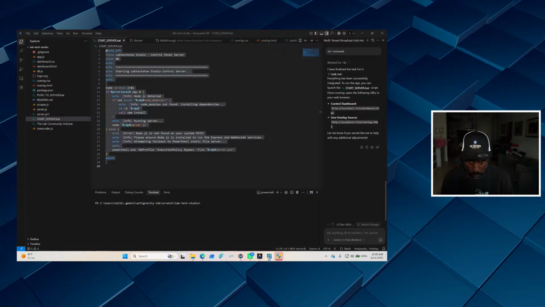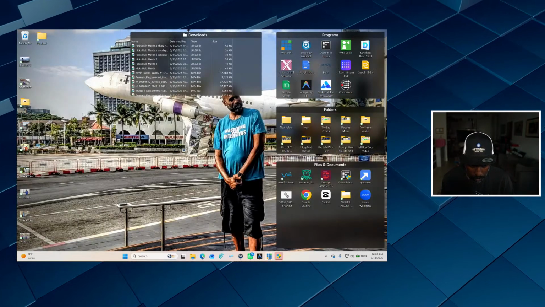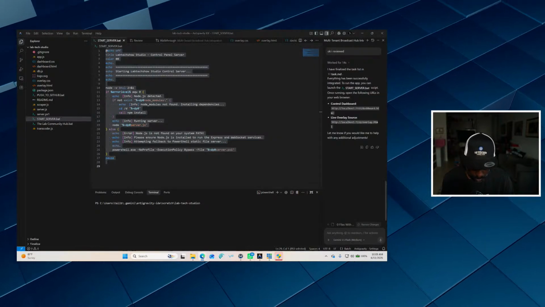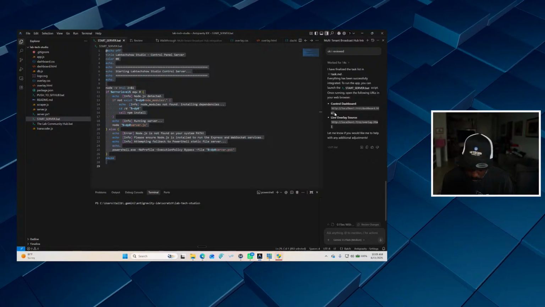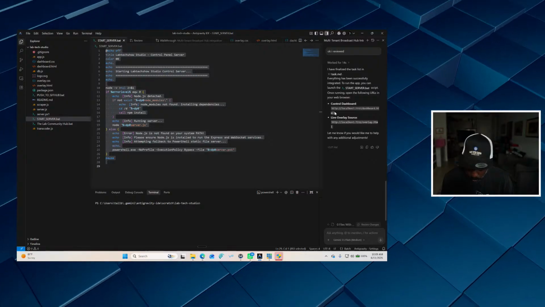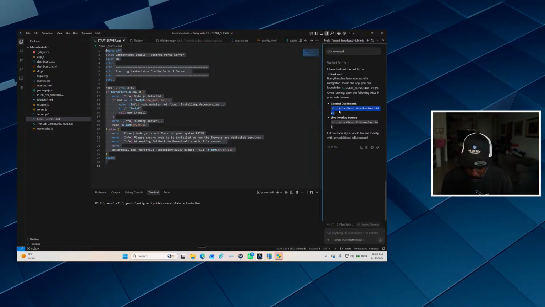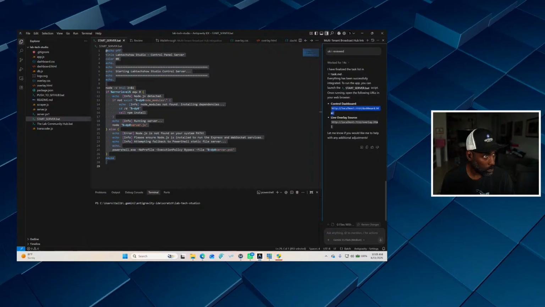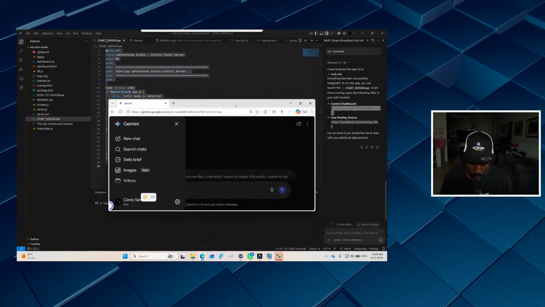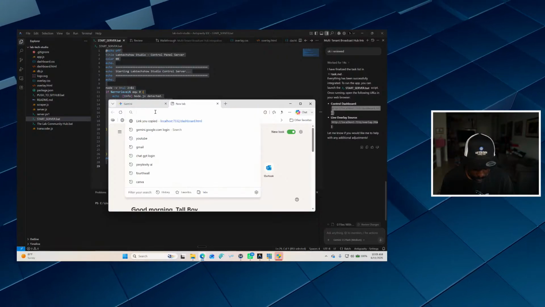I'm just trying to find out where it's at. All right, where are we at? It says go to localhost and put this inside of a web browser. Control C, and we'll put this into a web browser. So we're going to put this here. But I think I need to run the start server bat.